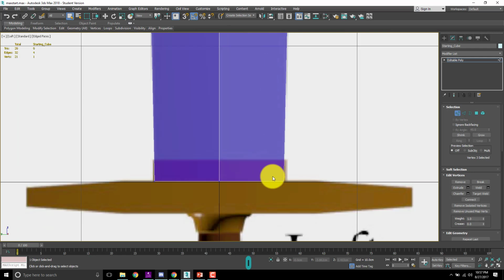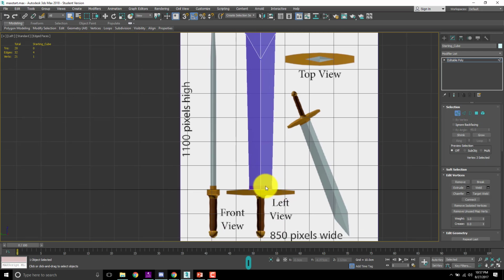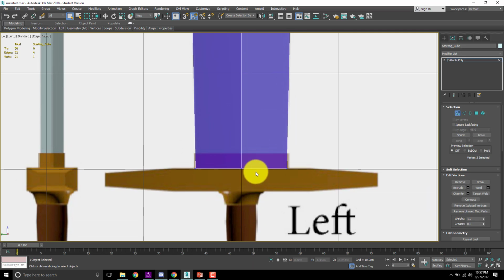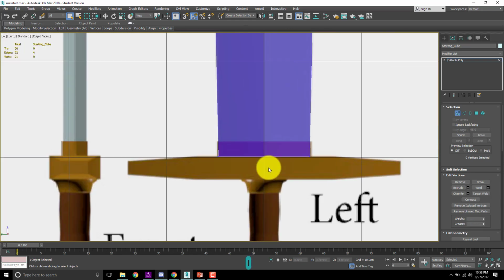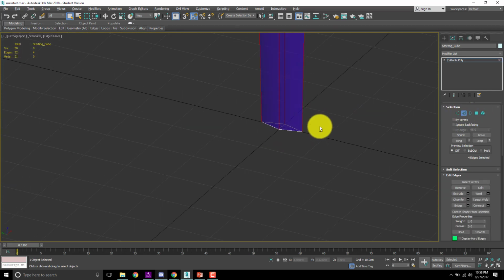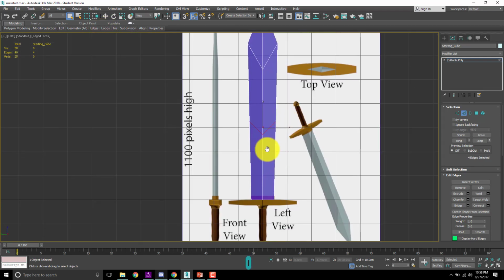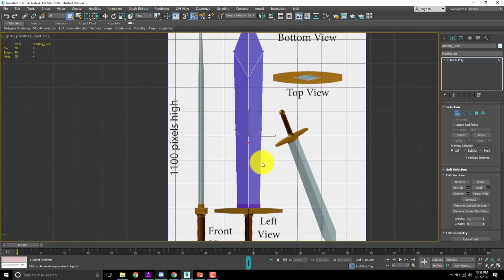Now down here we have like a brass section that sort of sticks out. Now there's two ways we could do this. We could create a separate piece for this crossguard, which we probably will, and then we could extrude out, or what we could do is create a loop through here, grab those edges. So I grabbed all of those edges, and I'm going to go loops, insert loop. Now that's going to give me this loop all the way up here, which is a little weird. If I marquee select, I grab vertices, marquee select, left view, I'm going to hit